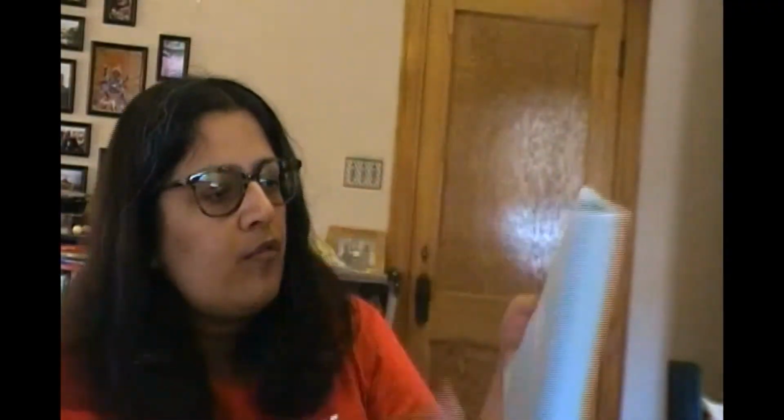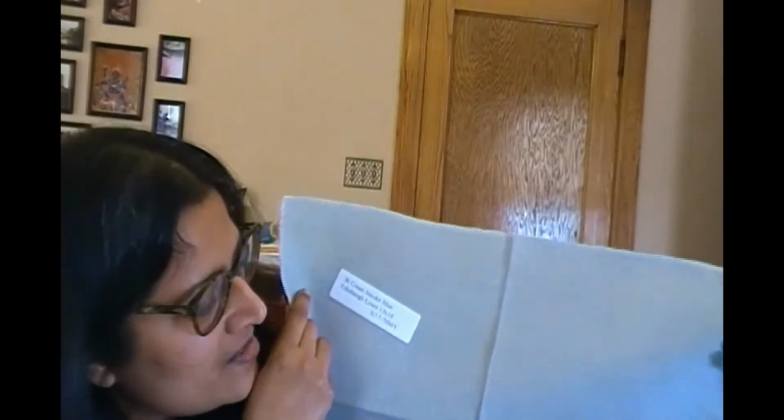But I wanna know, do you guys have any suggestions on what to stitch on something like this? Because I just bought a whole bunch of fabrics just to have them, because I bought a whole bunch of patterns just to have them. And now it's just so pretty. I don't want to mess it up, you know what I mean? By putting something that isn't the right fit on it. So if you guys have any suggestions, probably a white would be nice, because the white of the sticker or the label looks really good as a contrast. So maybe I'll do some kind of monochromatic thing on here. But if anybody has suggestions for that...